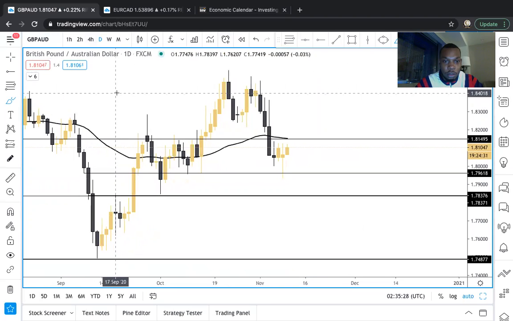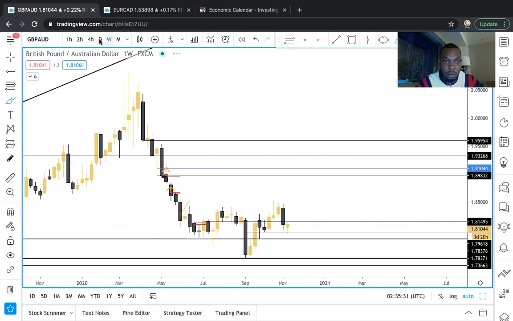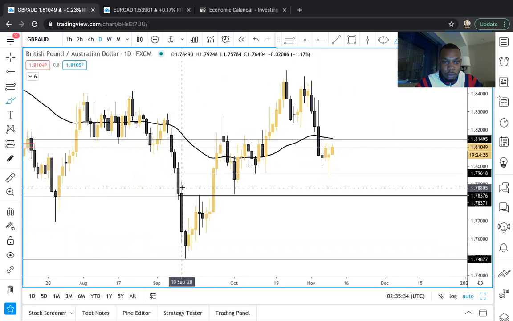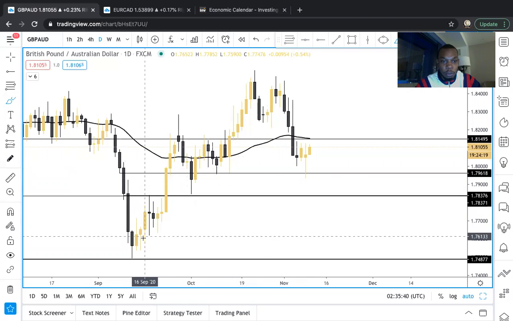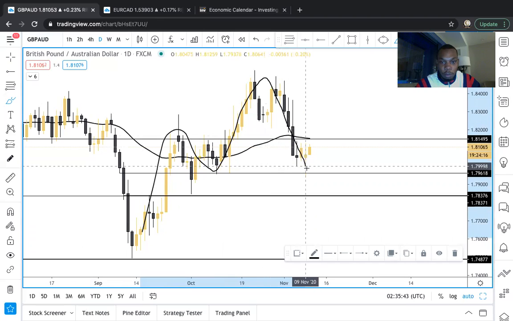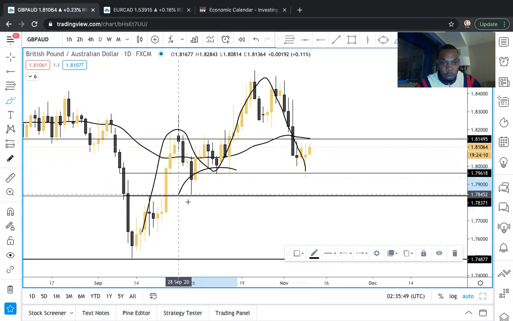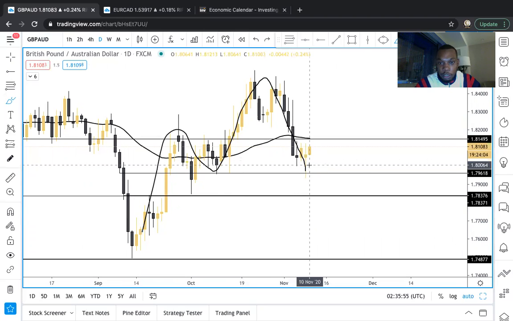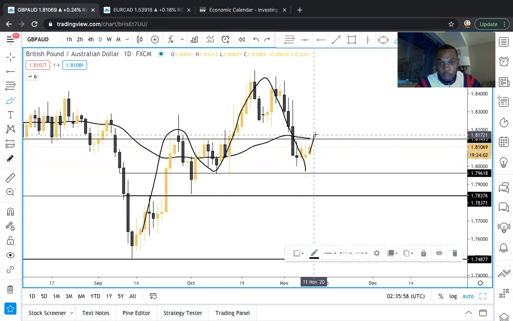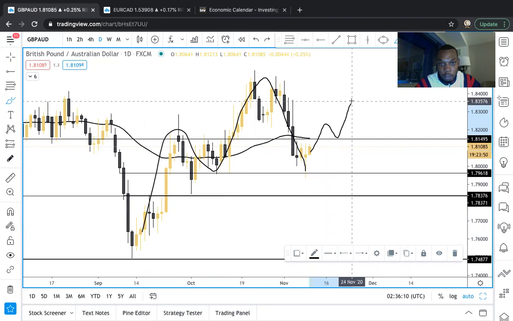GBP JPY. Okay, so the market was moving in the uptrend, dropped to this level, and even with the market dropping down here, it didn't technically break below all of this support right here. So now I want to be looking to see how the market reacts around 1.815, because this level is going to be a breaker bounce where we could potentially drop back down or we could just shoot through that level, push back down, and then push to the upside.